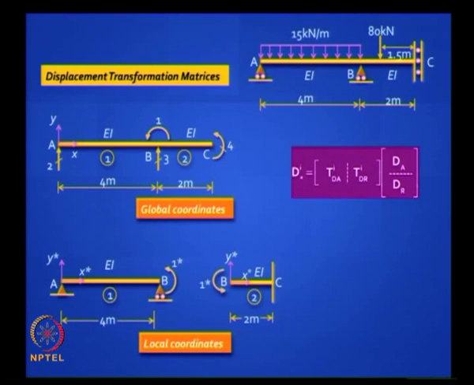Okay, take a look here. This is the reduced beam problem. These are the global coordinates, just one, is it okay? Just one, and 2, 3 and 4 are restrained in the global coordinates. Local coordinates, just one, but simply supported I have shown here, and cantilever I have shown here, is it okay? 1 star, 1 star, you know the stiffnesses. For the left one it is 3 EI by L, for the right one it is EI by L, that is it. Write down the TD matrix.